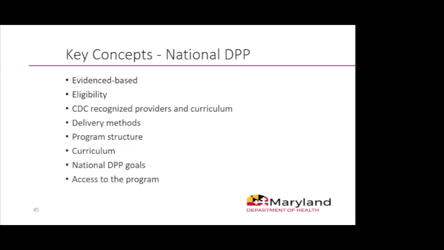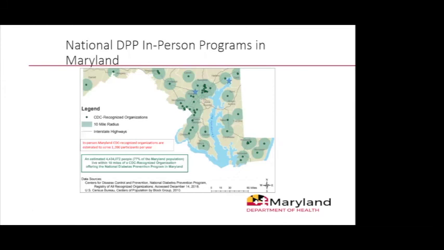The curriculum content includes information about nutrition and physical activity and focuses on lifestyle change to attain the goals of 5 to 7% weight loss and 150 minutes of moderate physical activity per week. Referrals may be from a provider based on clinical eligibility or may be self-referral based on the prediabetes risk test. This map illustrates the headquarters of each lifestyle change program in Maryland within about a 10-mile radius. This number is growing all the time, and we have a ways to go to fill the gaps for in-person programs, but fortunately, we have virtual and distance learning providers who've begun to fill those gaps.